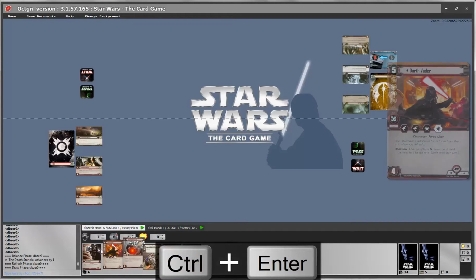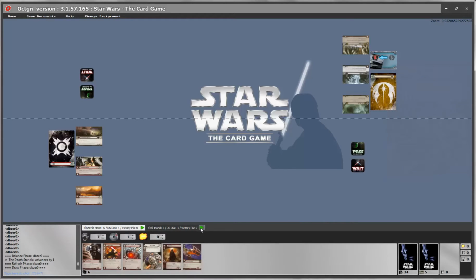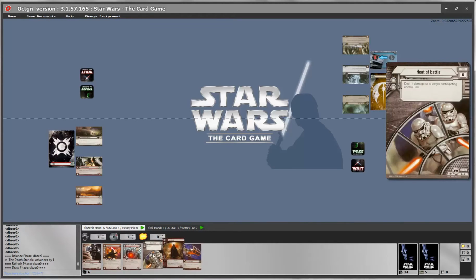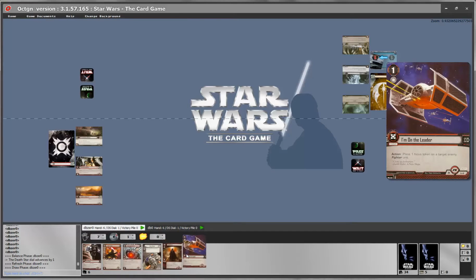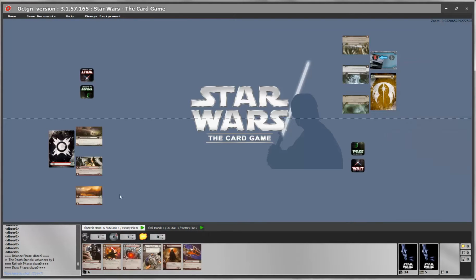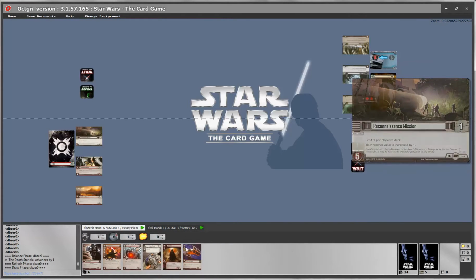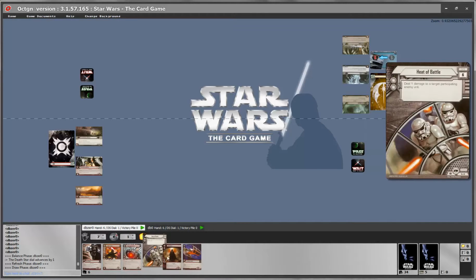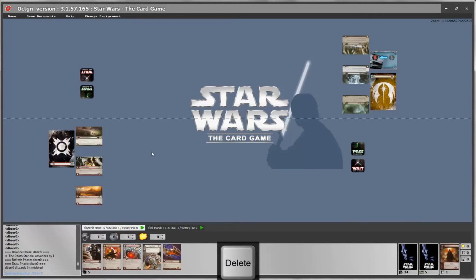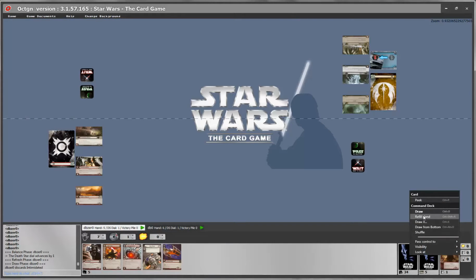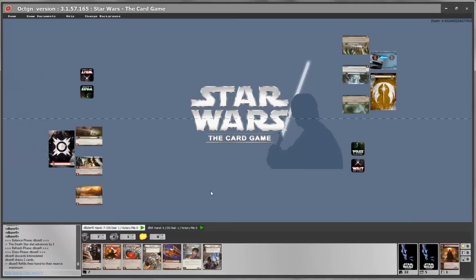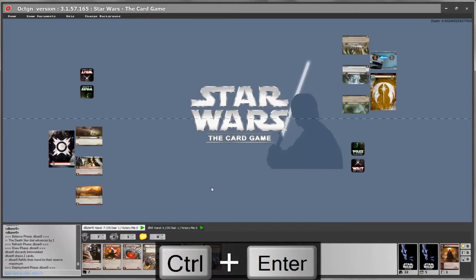Draw phase. Here you have the opportunity to discard one of your cards and the game will automatically refill your hand to your reserve maximum, which at the moment is 7 because we have the reconnaissance mission. So let's say we wanted to discard Intimidated, and then we proceed to the next phase. You can either right click on your deck and refill your hand, or you can just proceed to the next phase. Let's refill our hand, and now the opponent has a chance to play reacts. And once we're done, we proceed to the next phase, which is the deployment.